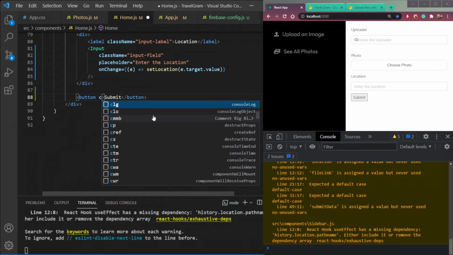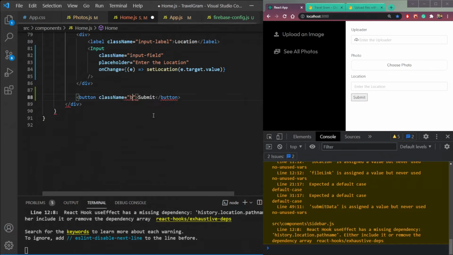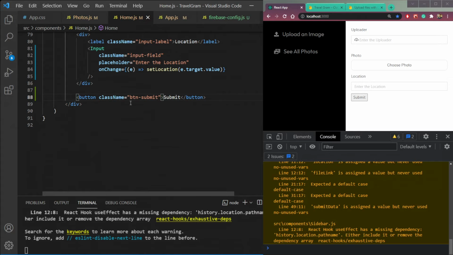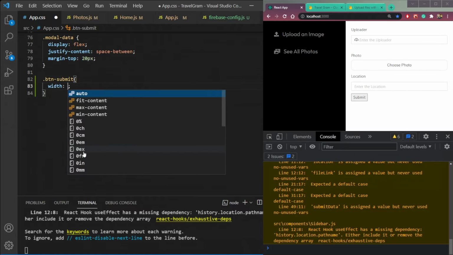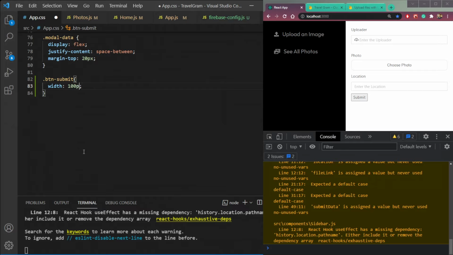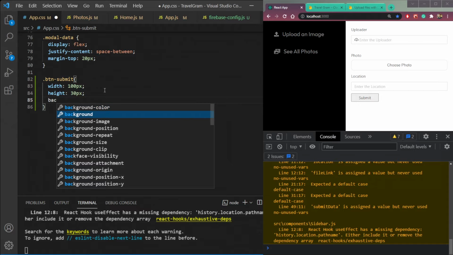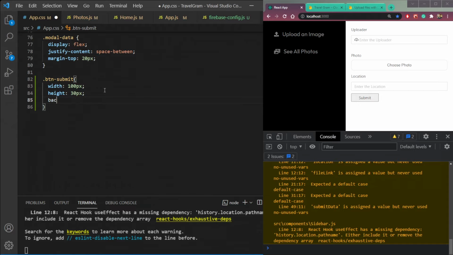Give this button a class name of button submit. Let's style this button a little bit. So in app.css, just say button submit, width 100px, height 30px. Fine. So we need also the background color.